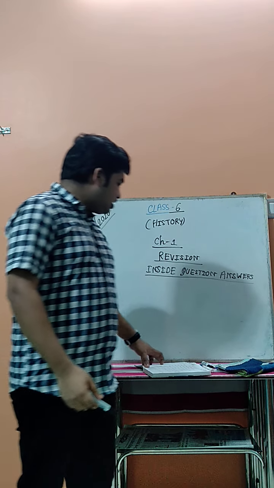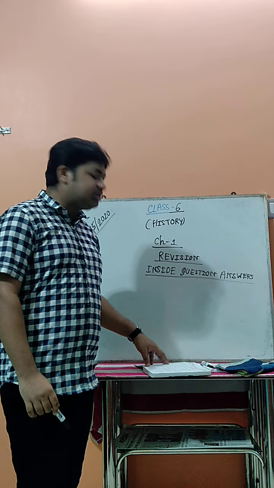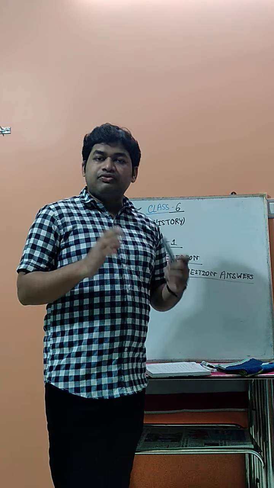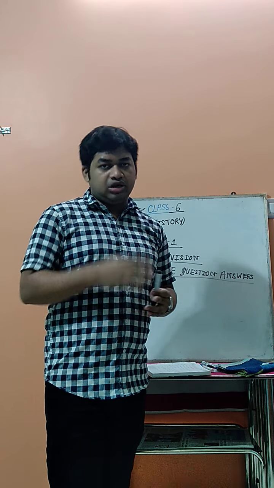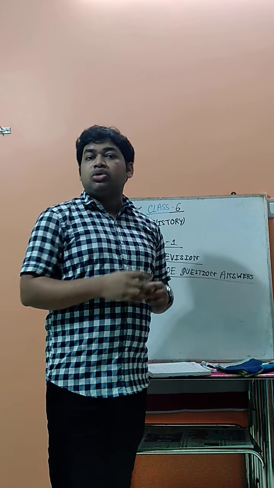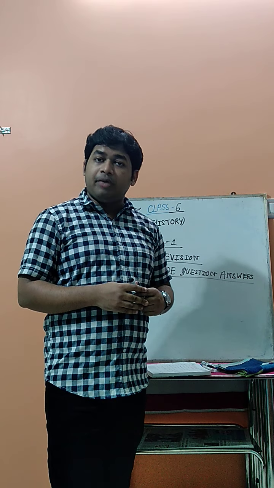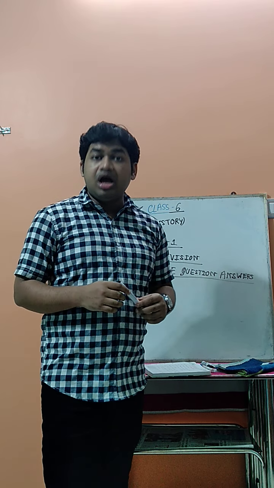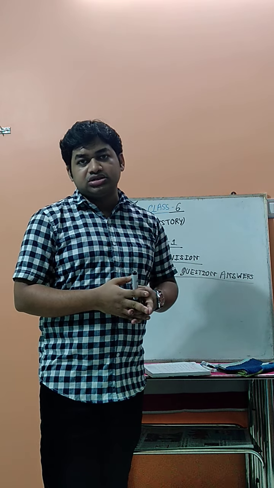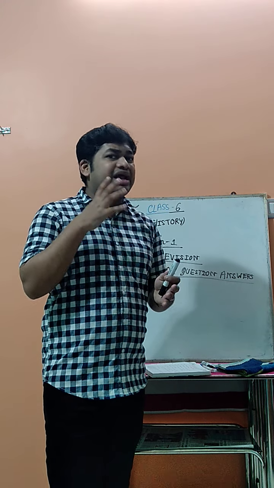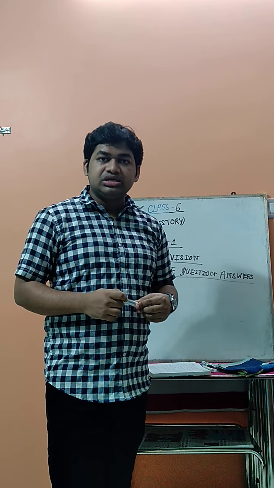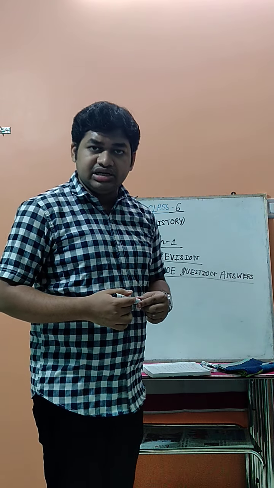And the next is: write any three differences between the Chalcolithic and Bronze age. The first one is their definition. You can write what the Chalcolithic age is and what the Bronze age is. The second difference is that during the Chalcolithic age, all the tools were made of copper. During the Bronze age, all the tools were made of bronze. Copper tools are less useful for the agriculture process, and bronze tools are much stronger and harder than copper tools, so they were very useful for agriculture. In this way you can easily write three differences.